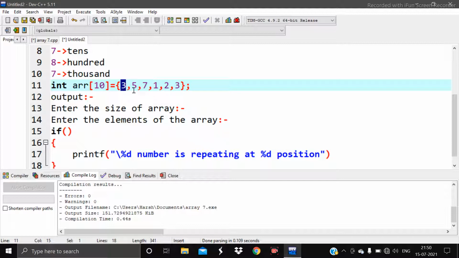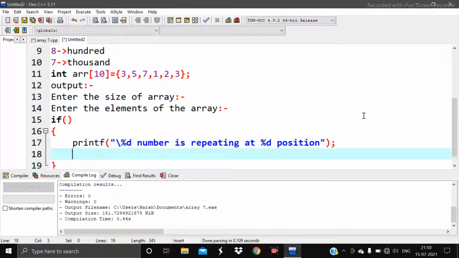We have to check where it is present next time, and the next time it is present at the fifth index: 0, 1, 2, 3, 4, 5, fifth index. So the expected output will be like this: 3 is present